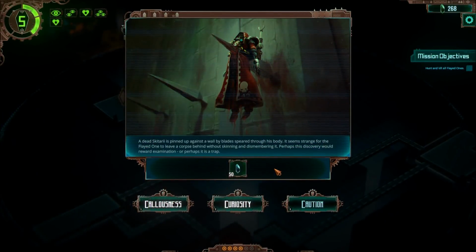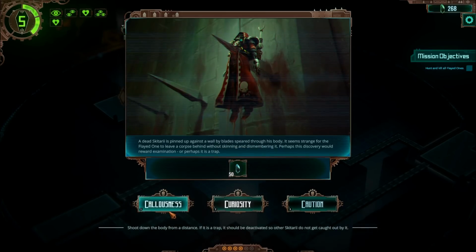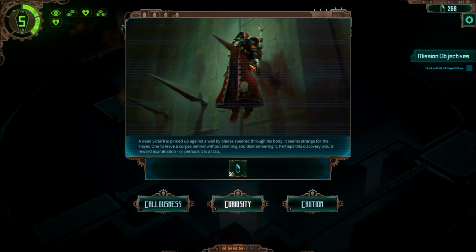Cool. So Dead Skitarii is pinned up against the wall by blades speared through his body. It seems strange for the Flayed one to leave a corpse behind without skinning and dismembering it. Perhaps this discovery would reward examination. Perhaps it's a trap. So we have 50 Blackstone for that. Shoot down the body from a distance. If it's a trap, it should be deactivated so other Skitarii do not get caught out by it. I mean, he's probably dead, so...